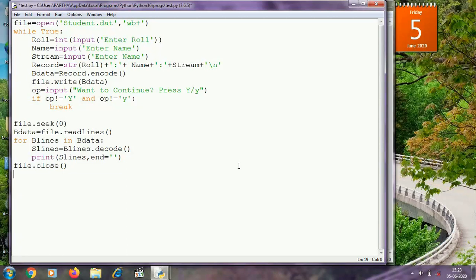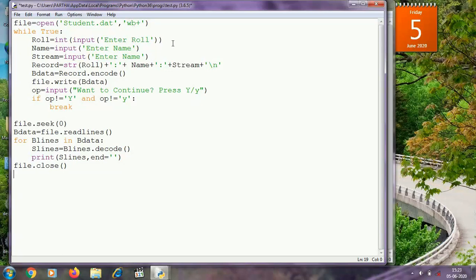In my previous video using this program I was writing to the file student.dat and after that I was reading from the file student.dat. Now I am going to make a simple change to this program to append to the file student.dat.